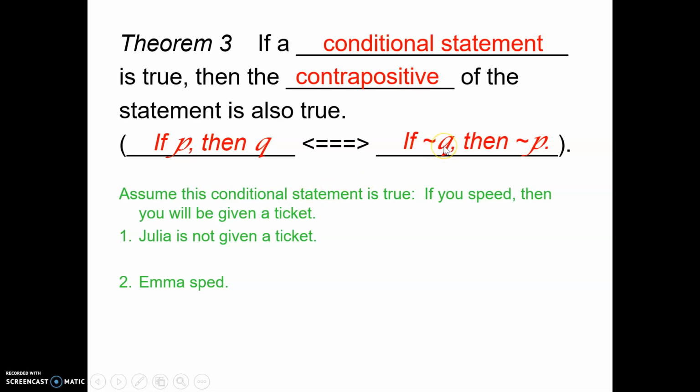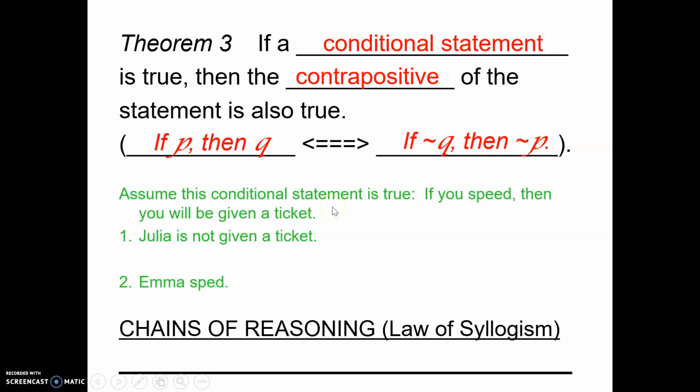That is not Q, not the original conclusion. I can conclude not P. Julia was not speeding. Okay? For Emma sped, I can conclude, well, she's going to get a ticket, or she got a ticket. Okay? These are going to lead us into the chain of reasoning, or what we call the law of syllogism,